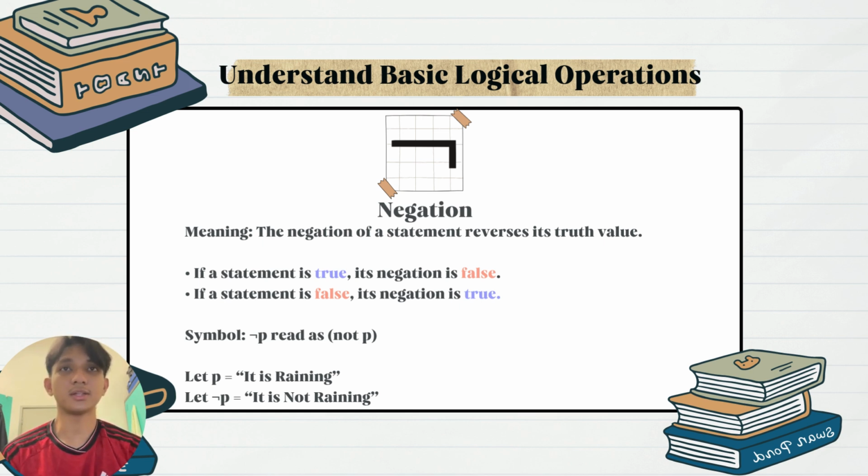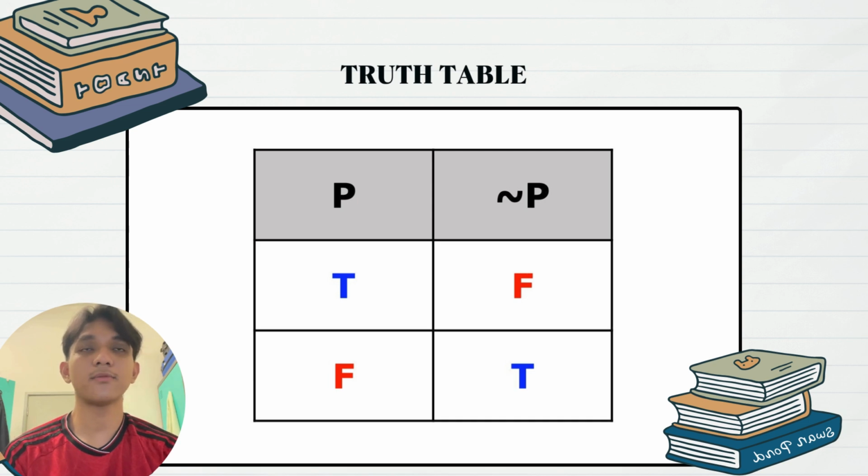Number 1 is negation. Negation reverses a statement's truth value. For example, if a statement is true, its negation is false. If a statement is false, its negation is true. The symbol is written like this. For example, here we have P equal to it is raining, and negation P is it is not raining. So here is the truth table for negation. When P equals T, negation P equals F, and when P equals F, negation P equals